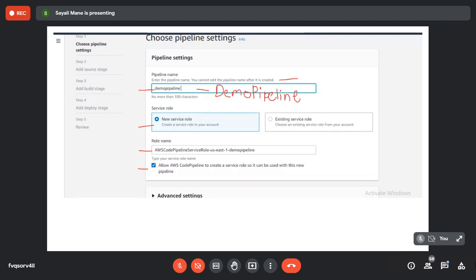Are you guys getting role name as empty? No, ma'am. Shubham, please type demo D capital P capital and then C, because it should come automatically along with the pipeline name. Click on the new service role and then the role name should come. Other students, are you getting the role name automatically, right? Yes. Okay, so please take a screenshot of it and highlight this part.